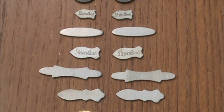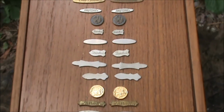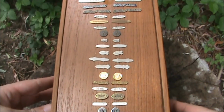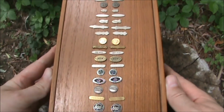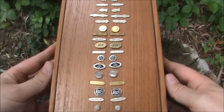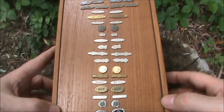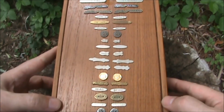And all of these shields came from SCHRADE knives of different styles and patterns. I'll make a slideshow. It'll be only 26 pictures in it, but it'll give you a more close-up look at what these are. But you can see there's so many different patterns and models that these went to. I find it very interesting and a very cool way to complete a knife,